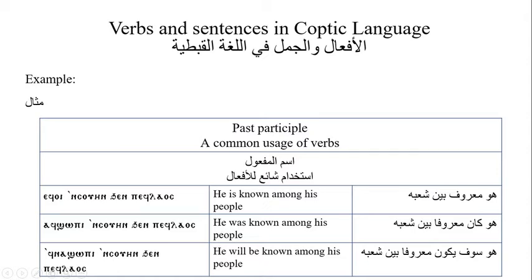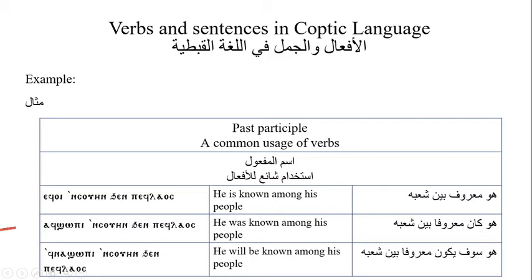in the indication of a complement, and I want to make an observation that the word complement not necessarily means an object. It might mean also the word which completes the meaning of what precedes it. So here it completes the verb, its meaning. It might be completing a noun before it becomes an adjective, or it becomes an adverb. It depends on the context. Here we say that he is knowing. Geen beflaus, geen means in or among, bef means his, laus means people or nation.